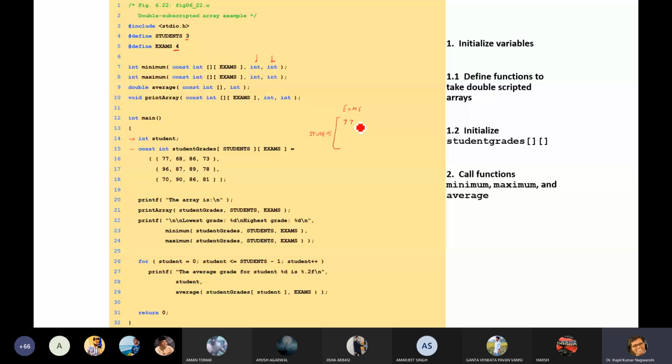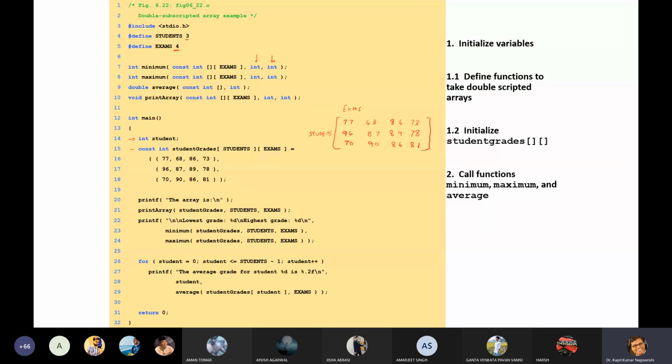Now it is written 77, 68, 86, 73. Then 96, 87, 89, and 78. And finally 70, 90, 86, and 81. You can see that these are the students' marks.